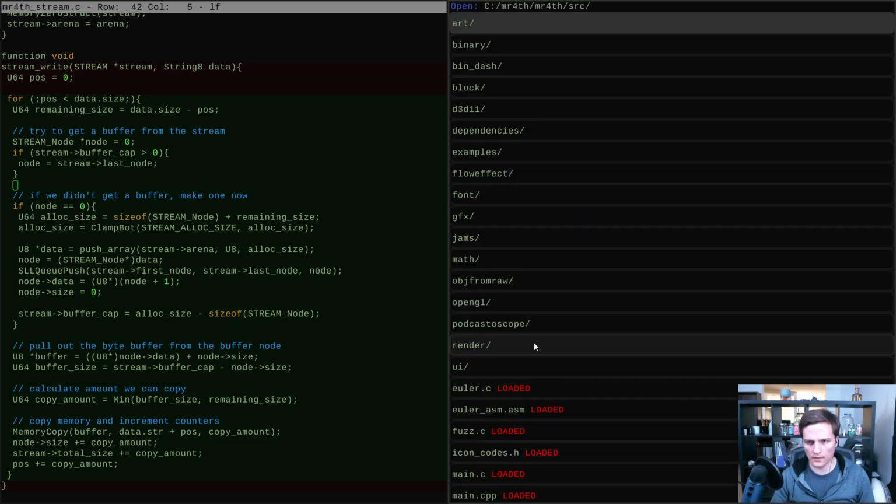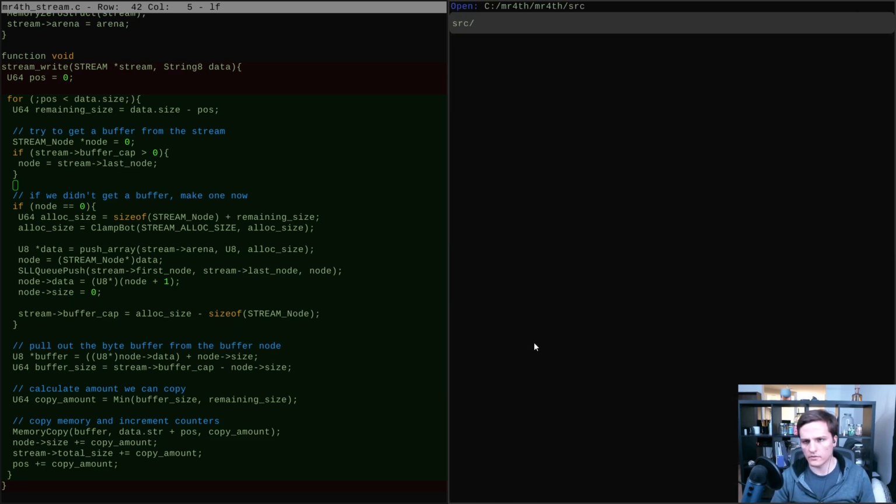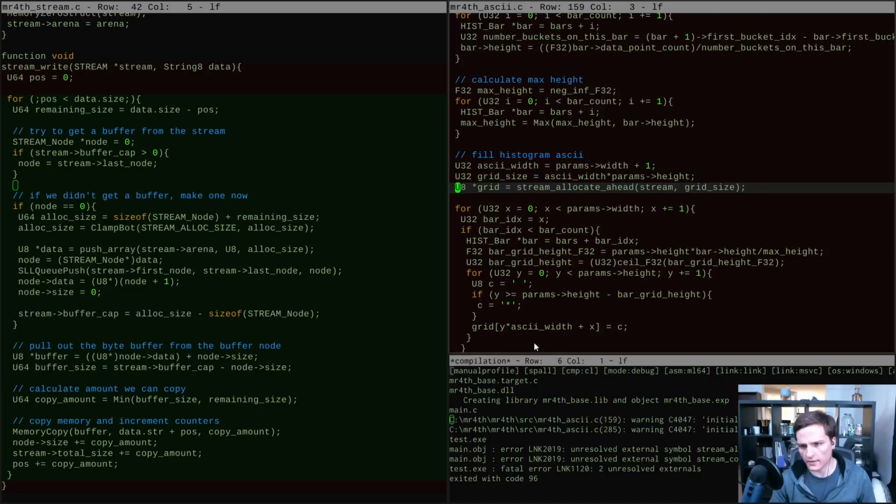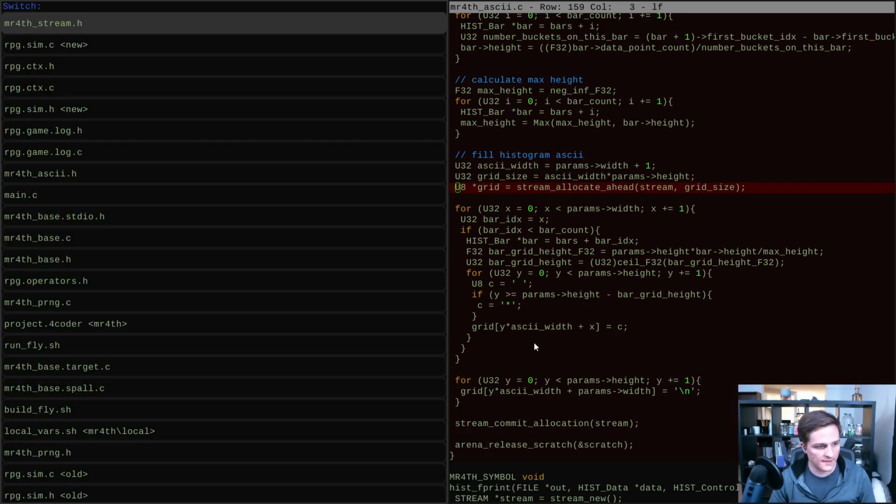Very good. Let's go back over to this code base now because I broke the ASCII stuff a little bit when I took out the allocate ahead. My idea here is now, instead of saying